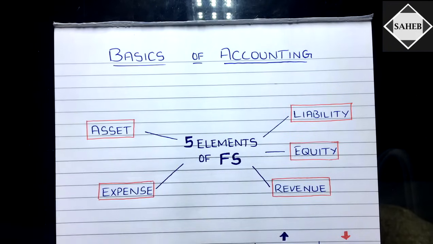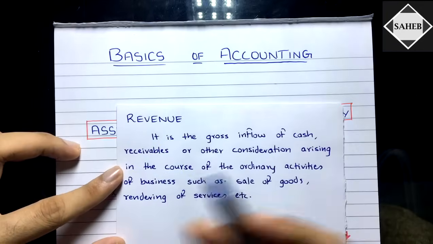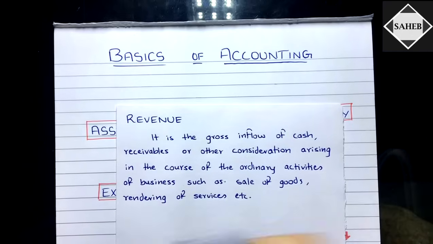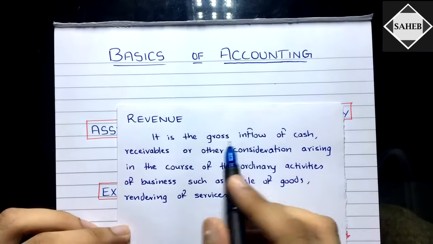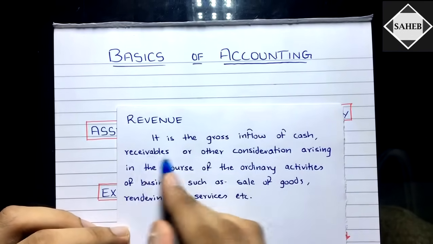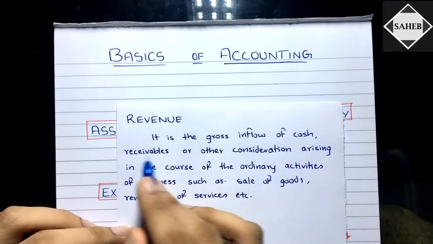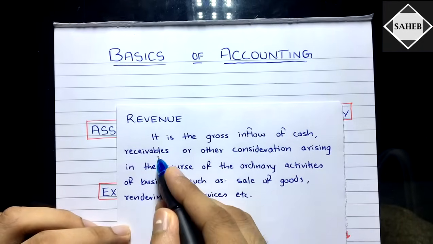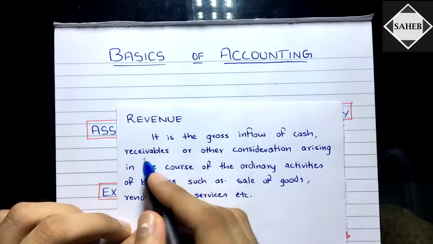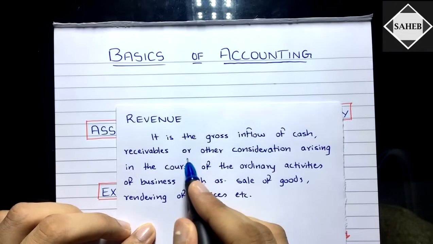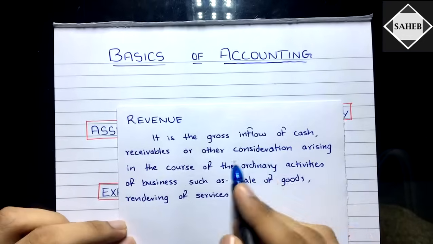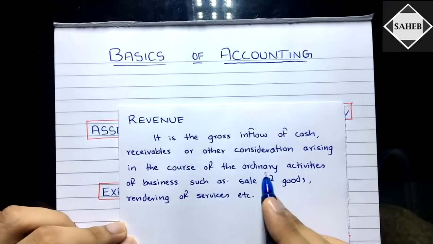See here, the revenue definition is very simple. What is revenue? Income, simple as that. It is the gross inflow of cash. It's inflow, that's all. Either cash is coming in or receivables. Receivables means what? Receivables means someone has to pay us. Someone owes us money, so they have to pay us, so we are getting income, so that's receivables. Or other consideration, arising in the course of ordinary